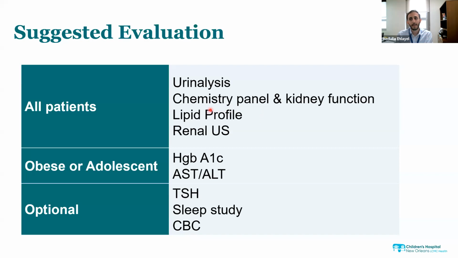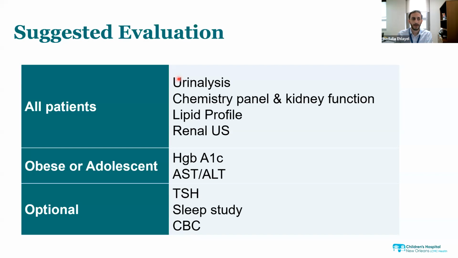The lipid profile is recommended to look for risk factors for atherosclerosis, so in younger children you might not need to send that. A renal ultrasound is to look for structural abnormality, if there is anything abnormal in the kidney. You can request Doppler with it to check for renal artery stenosis. Kidney function will tell you if the patient has acute kidney injury or chronic kidney disease. The chemistry panel will show potassium abnormalities that can come with hyperaldosteronism, for example, and other conditions. The urinalysis is also helpful if you are looking for protein and blood in the urine.